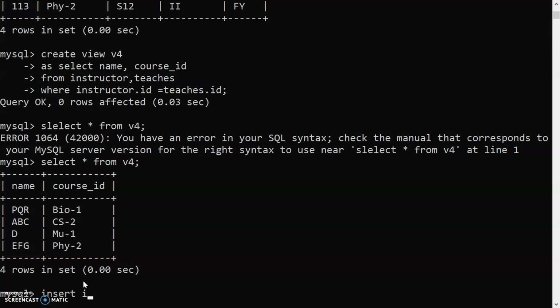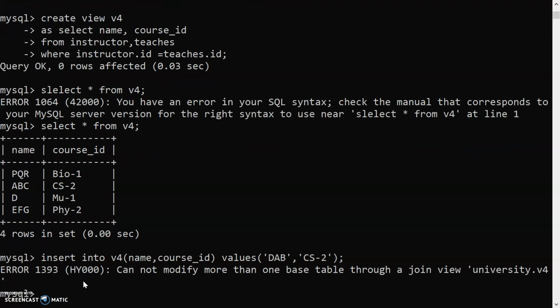If I insert a record in V4, name, course id, values name DAB and course CS2, then it will fire an error.